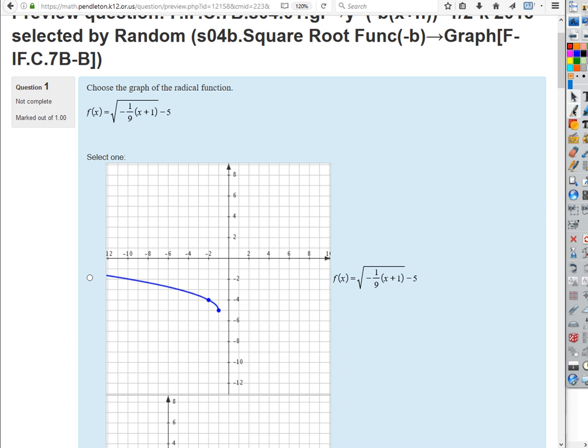Okay, Anna, tell me, what are the H and K for this one? -1, -5. Very good. Okay, what else do we know? Do we know A? What's A here? 1, so A doesn't do anything. What's B? -1/9. Okay, so if B is -1/9,